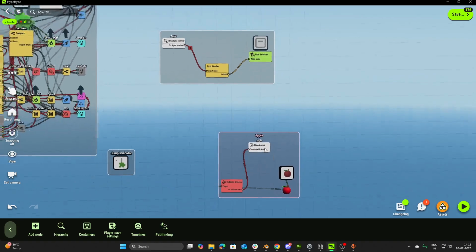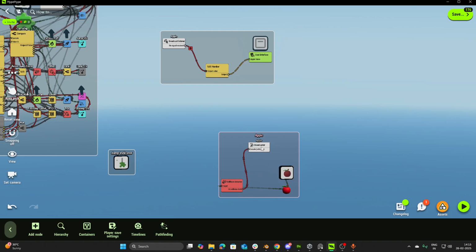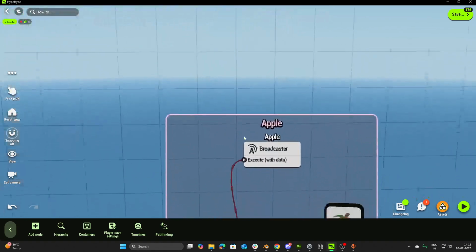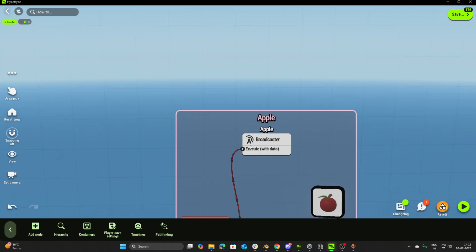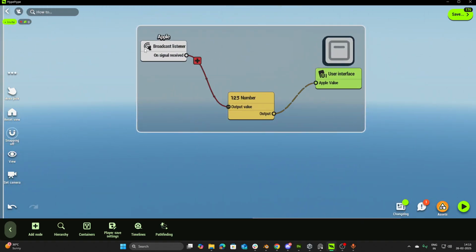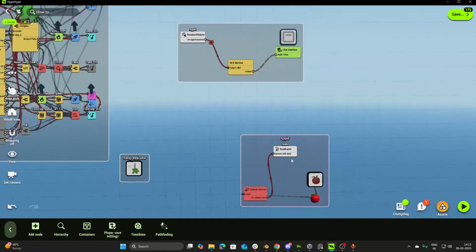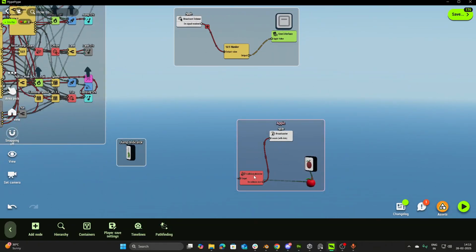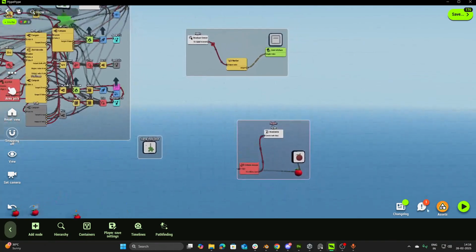So the broadcaster is like a tower that is sending a signal. If you see the icon, it's an icon of a tower. And if you see here, it's a cycle, an icon of a tower receiving the signal. So you can imagine it as almost like calling someone and saying, yes, I've gotten the apple. So the collision detector is calling, telling the broadcaster that the apple has been collected. Now if you play it,